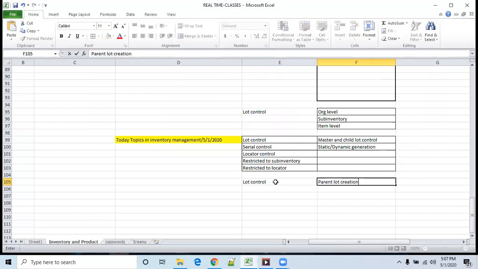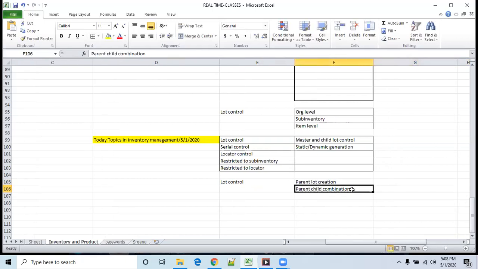I'll show you how to do that. The other is parent-child creation, where we can find a parent plus child combination of lot. So these are the two types of lot control.